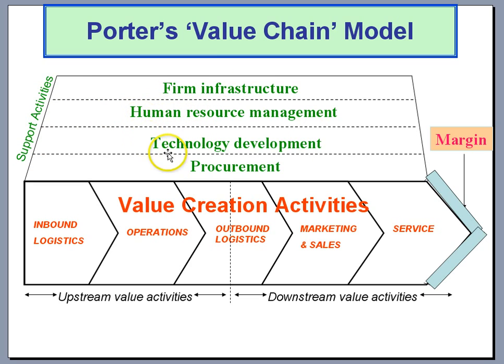The resource networks that enable the execution processes were identified as technology, people, and infrastructure, which is the physical structure. The only peculiarity to Porter's model is the placement of procurement, which is now thought of as one of the value creation activities. But that was a small departure of his model from what is being used now, and the thought process was procurement applies to